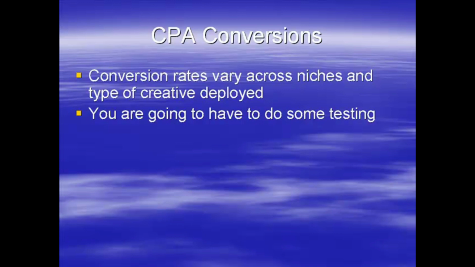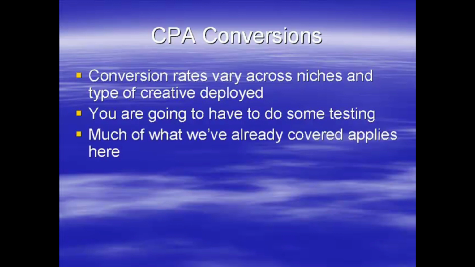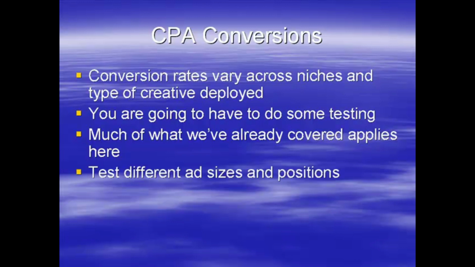Basically, there is no bottom line. This is better. You're going to have to test. You're going to have to try different things. Much of what we've talked about so far will apply to this. But if you try a few different things, then hopefully you'll get some good results. Test different types of advert, different positions. Remember the Google AdSense heat map that we just looked at. Use that when putting your CPA adverts in place. It doesn't just apply to AdSense, it applies to all sorts of advertising. It shows you where people are looking for information on the web page. So you put your adverts there, they're going to see it.